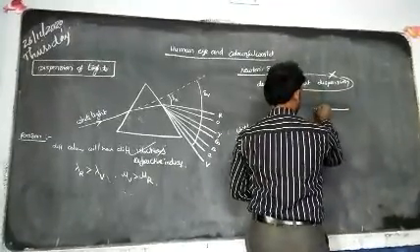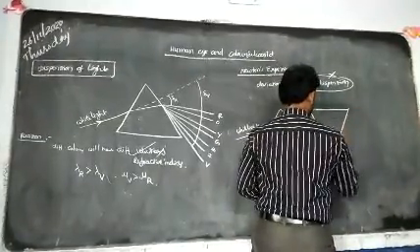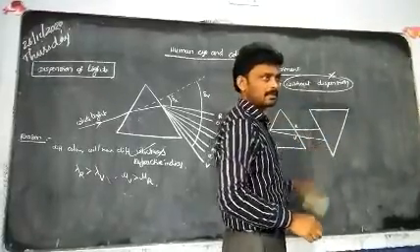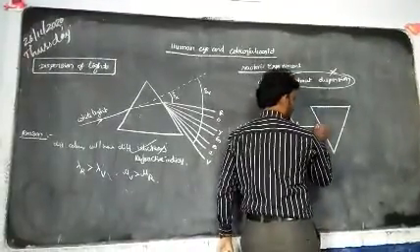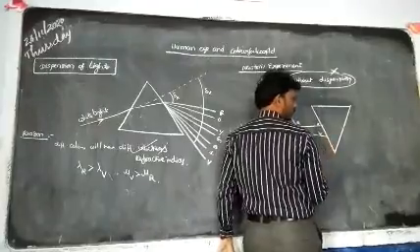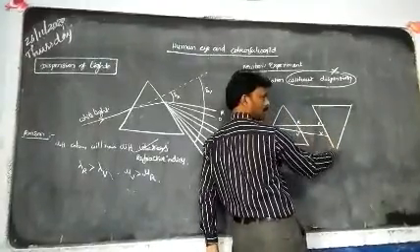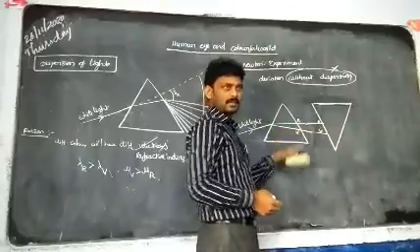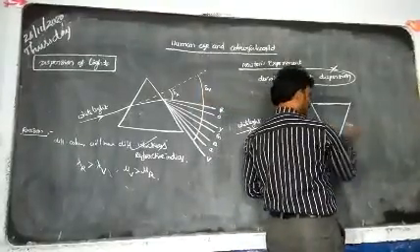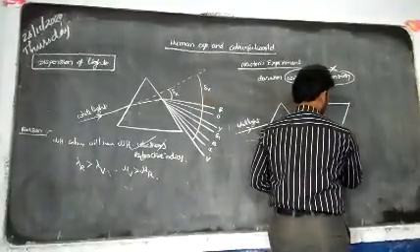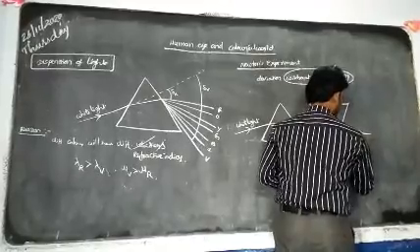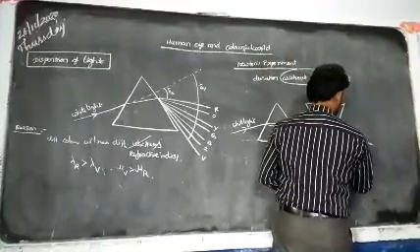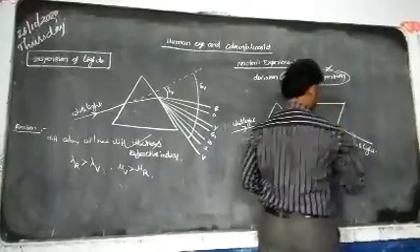Base is up, like this. Make this prism like this. So the red and violet colors are going to be incident here. So what is happening here? The prism you kept in reverse manner. Here white light splits into 7 colors, but here the 7 colors are converging, and finally what you are getting here? White light. This is the phenomenon.